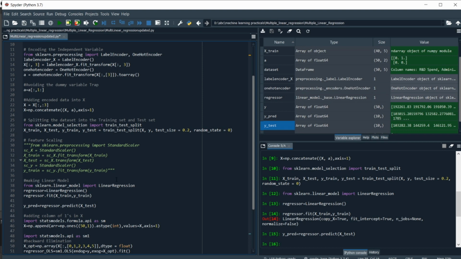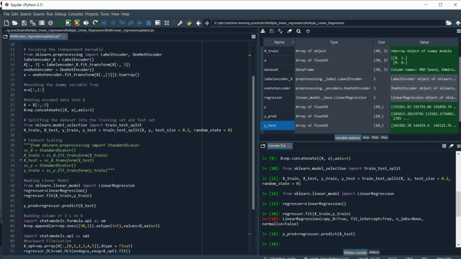Now our model is going to make quite accurate predictions sometimes, but sometimes it's also going to make less accurate predictions, where there is a very low or very high difference between the actual value and the predicted value. Why is that? In order to understand that, we need to understand that if there is a data set with multiple independent variables, it's not always true that all the independent variables have a relation with our dependent variable.